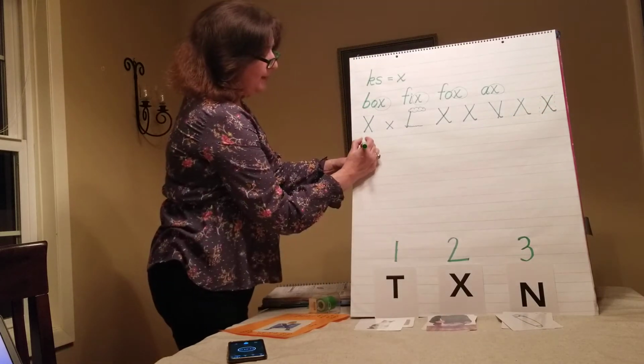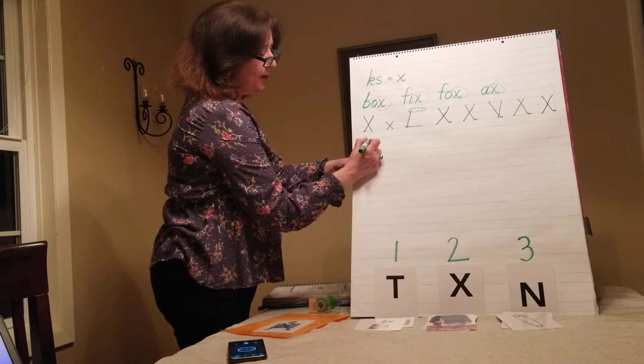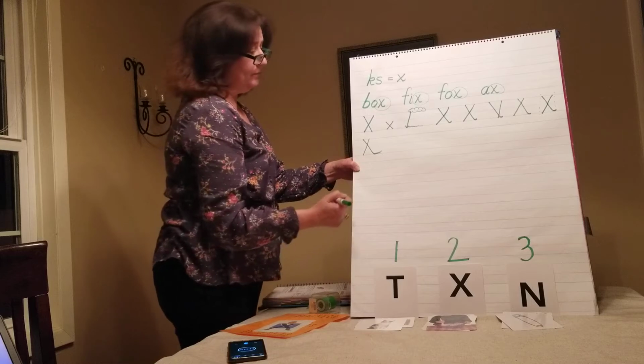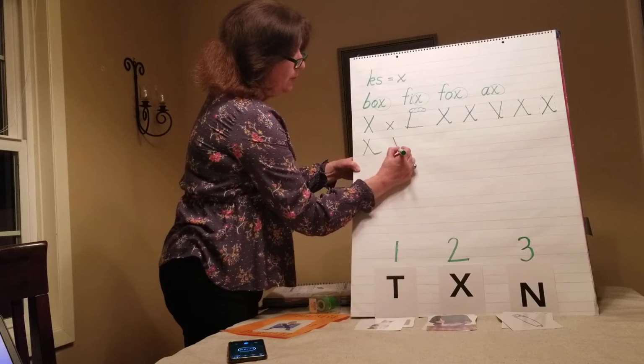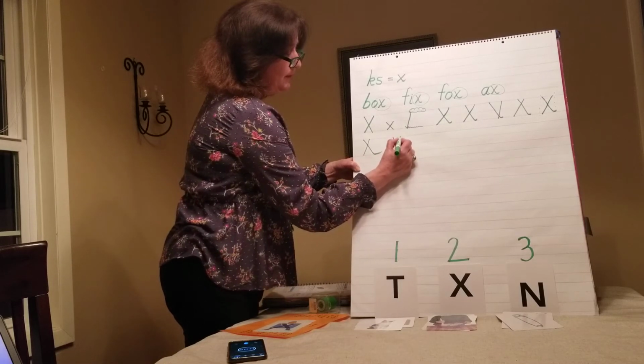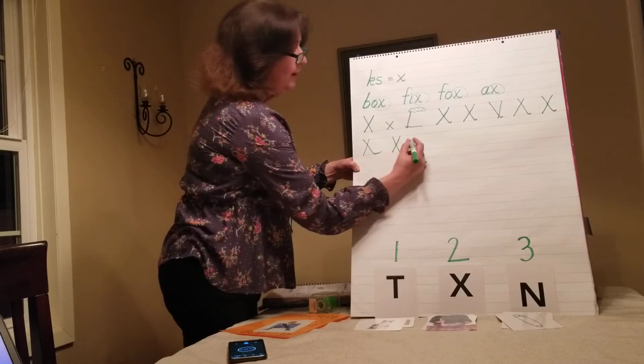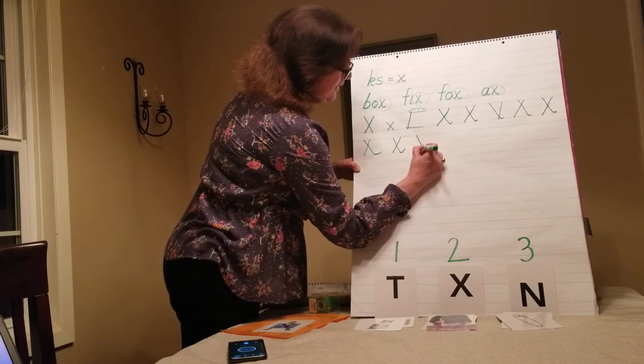You don't want that X to come way out. You don't want that kick to come way out, right? You don't want the kick to go way up. Okay, it's not that far up. It's just a little kick